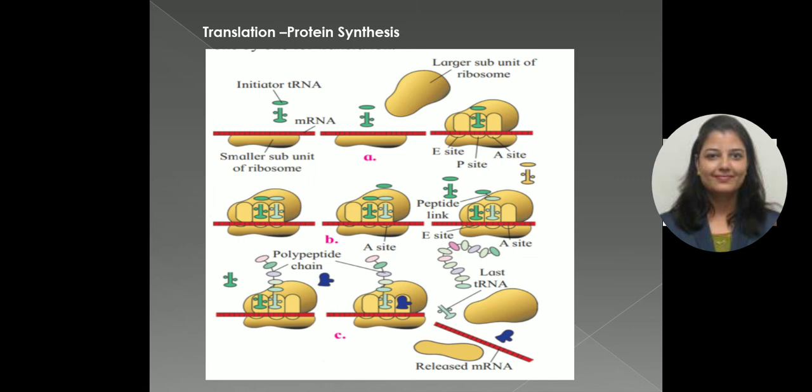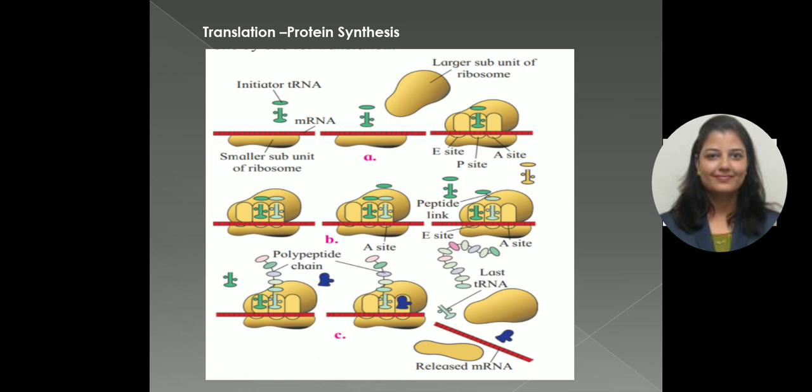Let's come to the elongation of the polypeptide chain. In picture B, you can see that the activated amino acids are added one by one to the first amino acid, and the amino acid is activated using ATP. ATP is an energy molecule which is required to activate the amino acid in this process. Now you can see the A site is also occupied, and then the polypeptide links are formed. In the third picture you can see the amino acid links are formed, and it takes only 0.1 second for the formation of polypeptide